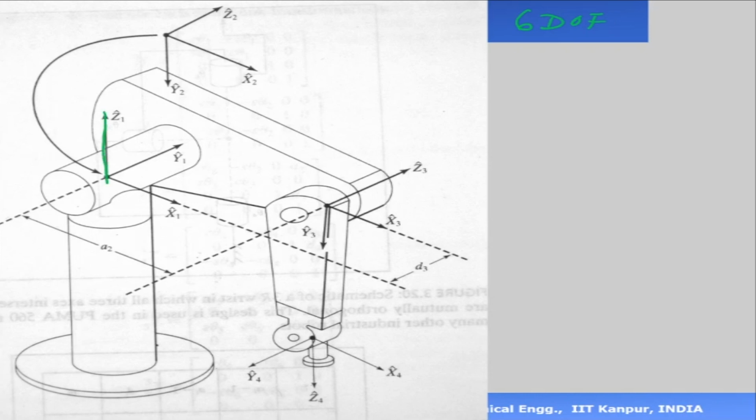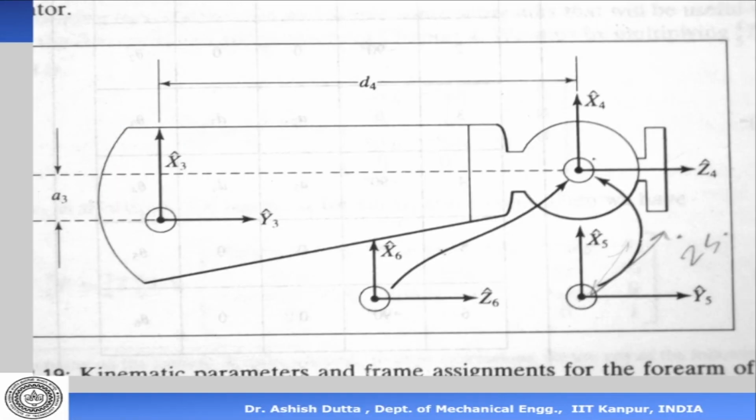And this is my Z0 and my Z1. So this is Z0 and Z1 there. That's my first axis. The second axis is assigned here, which is my Z2. Okay, so this is my Z2 axis. Then the third axis is assigned here, which is my Z3 axis. So that's my Z3 axis. Then at the wrist, we say this is my roll axis, which is my Z4. And then we look at the wrist part in more detail, and we see that this is my Z4. Z5 is in that direction, Z5. And Z6 is back here in this direction.